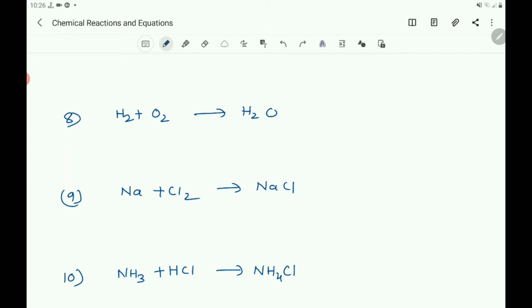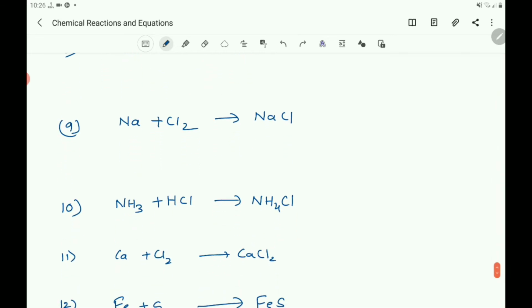Now you balance it. Here O2, one O is there. So to make them equal, you write 2 here. But here oxygen, hydrogen becomes 4. Then you write 2. Now you got 2H2, 4 hydrogen atoms, and 4 hydrogen atoms on both sides, and O2, 2O. In this way this equation got balanced.